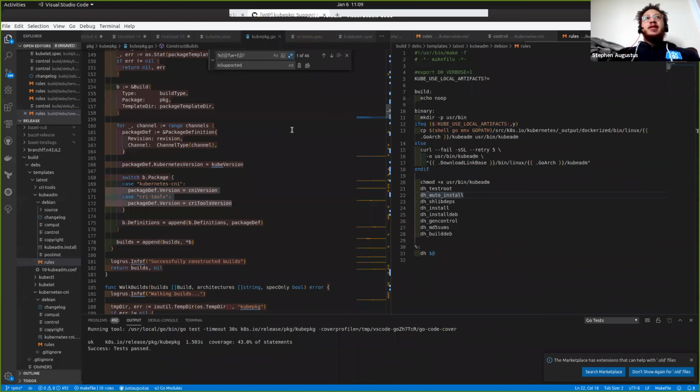So if the required version or the minimum version for Kubernetes CNI was 0.75, which currently is, although Kubernetes CNI 0.83 is out right now. If we were to bump the minimum version to 0.83 for Kubernetes CNI, that means every version of Kubernetes CNI that we built from there forward would take that